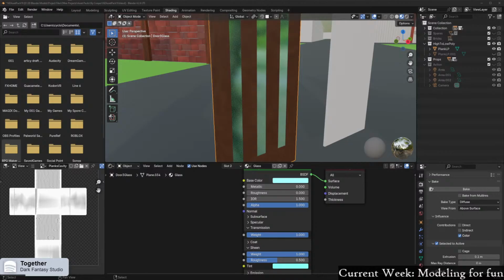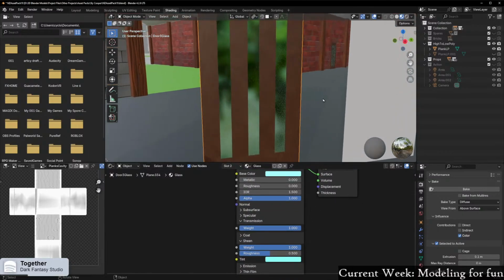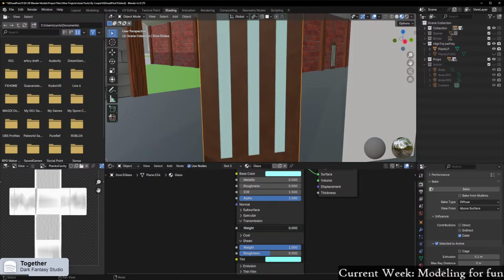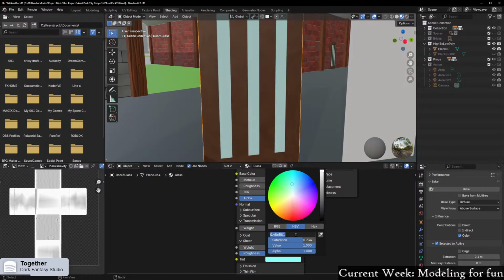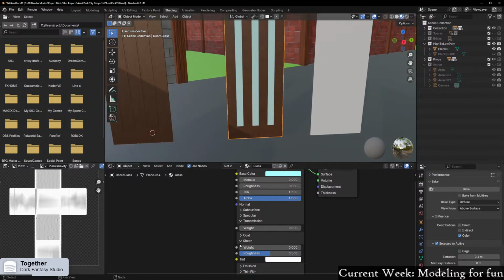Okay, get all this garbage out of the way. There we go. So, set that light. Now,